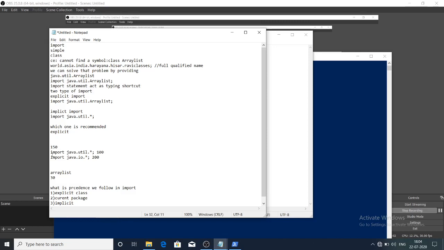First of all, one thing you know, if I take two imports, like import java.util.*, and I take one import java.sql.*, and I take one class, name it Test, and then I take a public static void main function in that.